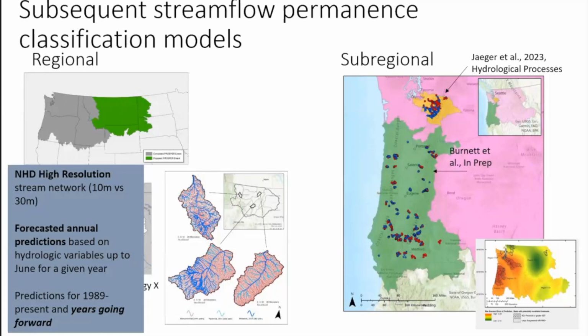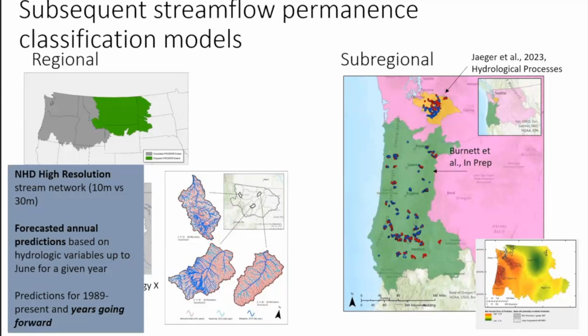This is because this project was funded by the Bureau of Land Management for grazing allotments. So in the spring they wanted to know where they can start to do their permits, and where they can expect to have surface water available. So there are forecasted annual predictions.